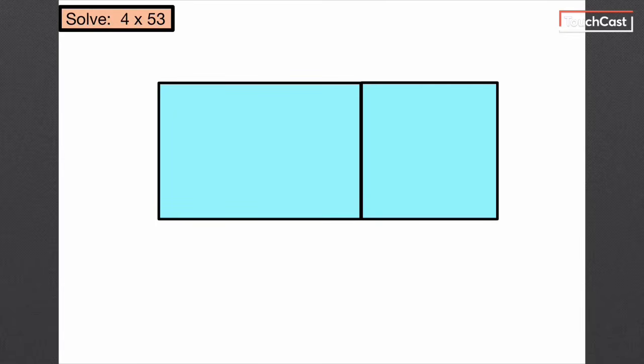All right, mighty fourth graders, today we're going to look at one-digit by two-digit multiplication. As you can see, our equation is up here in the solve box. I have 4 times 53 being one-digit by two-digit multiplication. So the very first thing I'm going to do is, because I am working with two digits here, I have